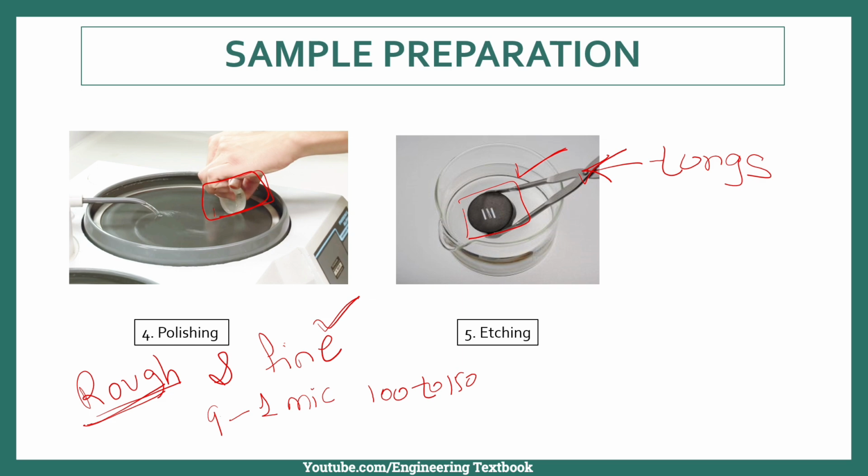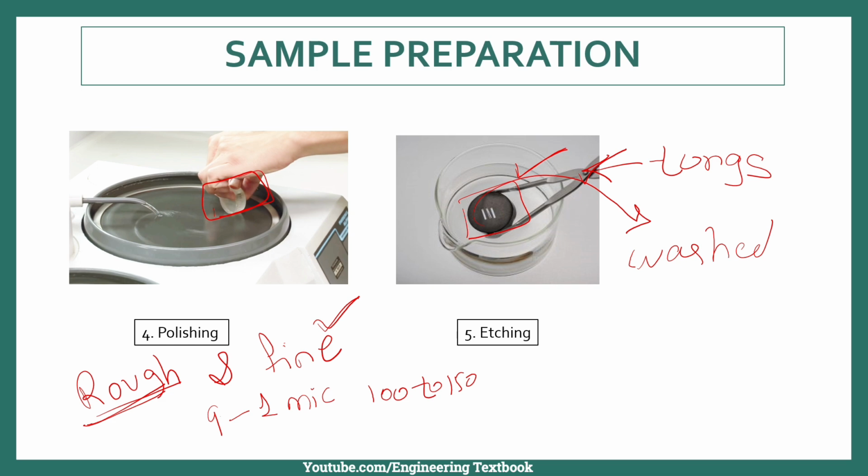As soon as the surface becomes dull, etching must be stopped, and the specimen should be removed from the etchant and washed with tap water. It is then rinsed in methyl alcohol or other chemical solutions to remove water and dried using warm air. As soon as the surface is dull, it is removed from the etchant and washed off carefully. Now, this specimen is ready to observe under the microscope.